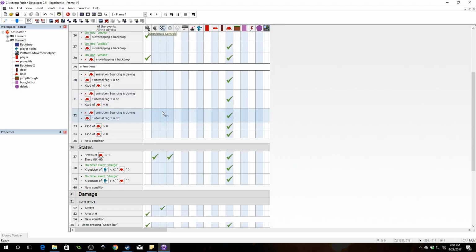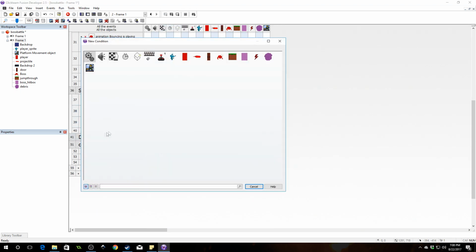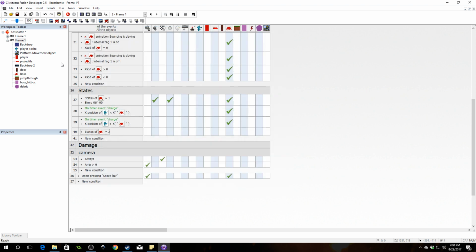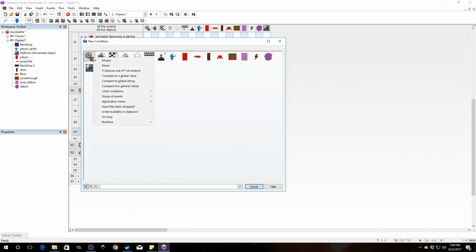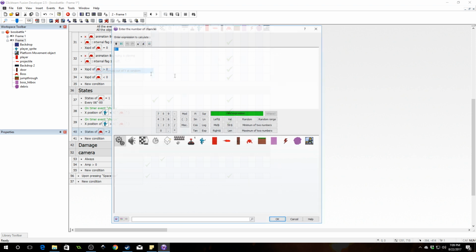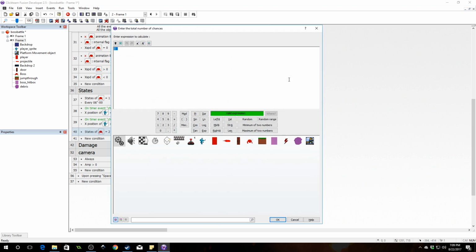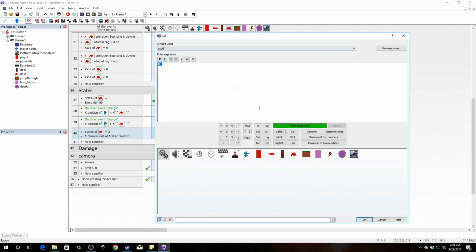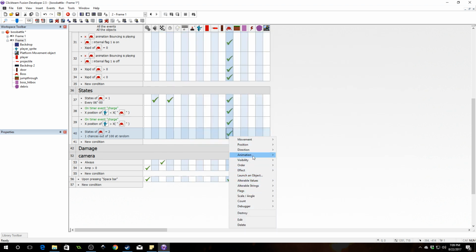Now we need to come up with a stage 2. Or state 2, rather. So compare two states, and it equals 2. So now this will be what we want to do in state 2. And what I'll do is I'll have a random event. We'll say on the special object, X out of Y chances. We'll say 1 out of, I don't know, 100. So every 1 out of 100 chances, we want to set his X speed to 0 and then set his animation to throwing,